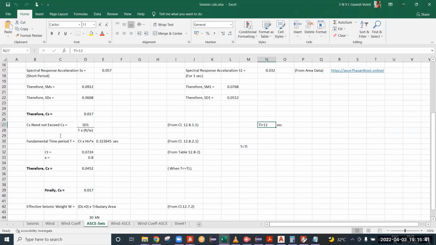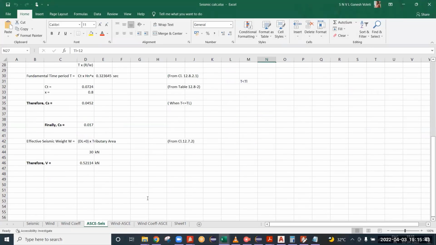So there is that seismic weight. Effective seismic weight W is dead load plus some portion of live load into tributary area. There is no factor like 25% or 50% for roof live load. In the ASCE 7 code, we have taken 0, because if you go through seismic weight in the code